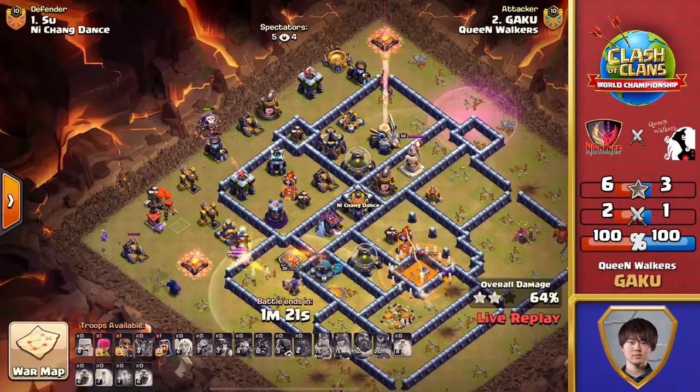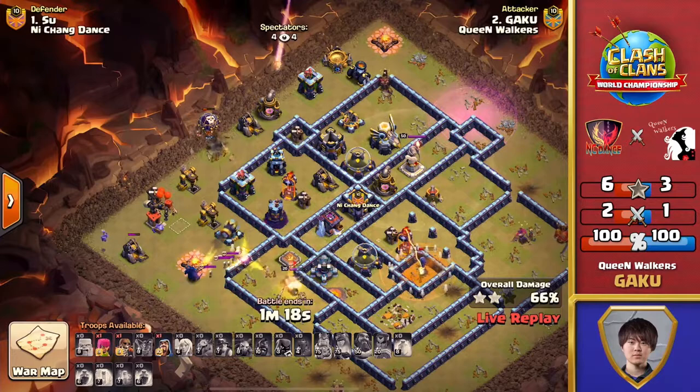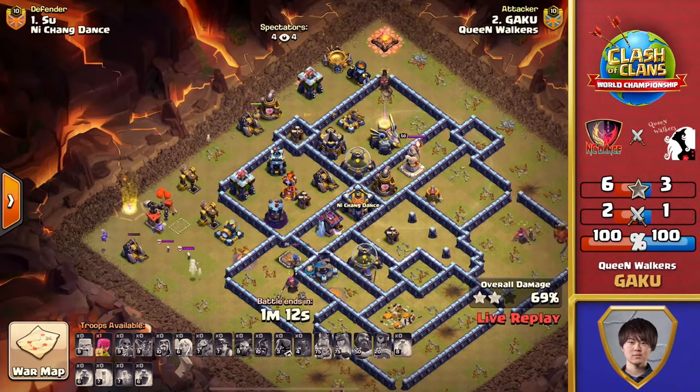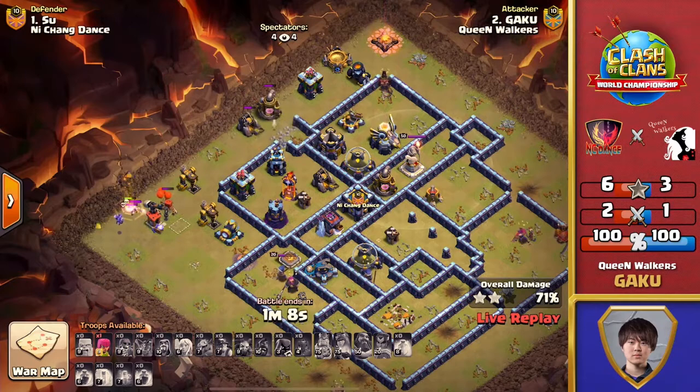just popped the Hound. Yo, man, unfortunate for Gaku. That queen just was not quite able to hang on. That scatter shot just took out all of those troops, and it's really going to be a huge misstep here with a